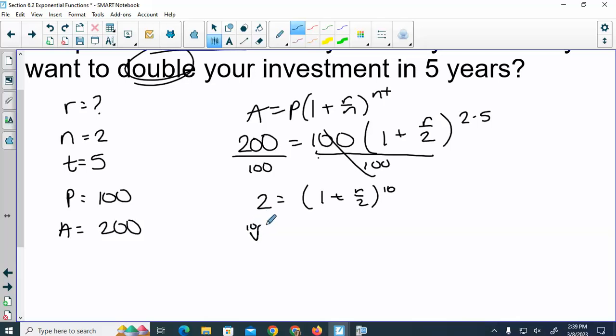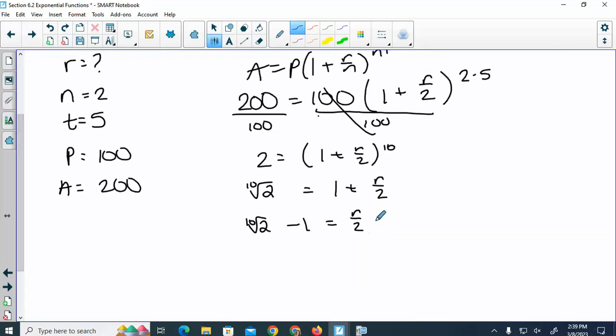I'm not going to put that in my calculator yet because I don't want rounding error. Then what would we do? Subtract the 1. And then to get R by itself, the final thing would be